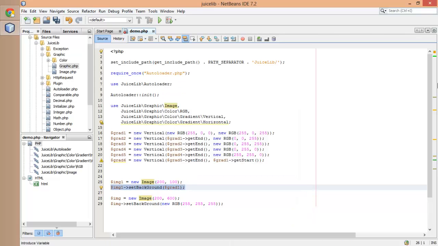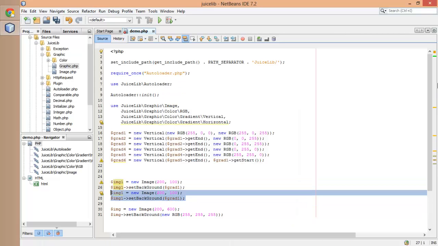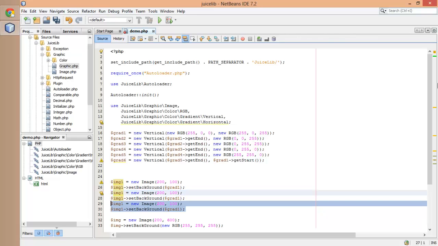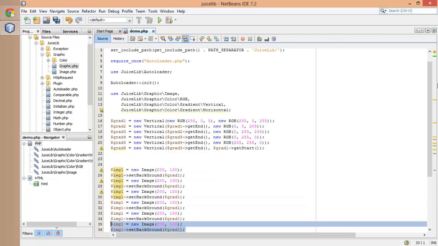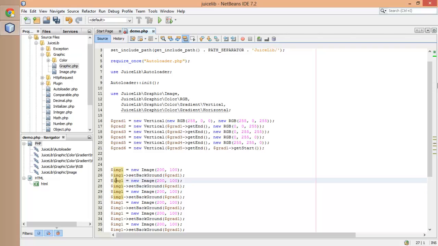So let me duplicate this 6 times. 1, 2, 3, 4, 5, 6. Let me just change the numbers. Image 2, grad 2, grad 3, grad 4, grad 5, grad 6, and image 6,